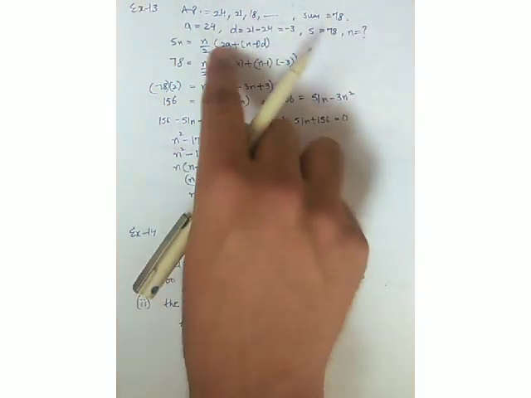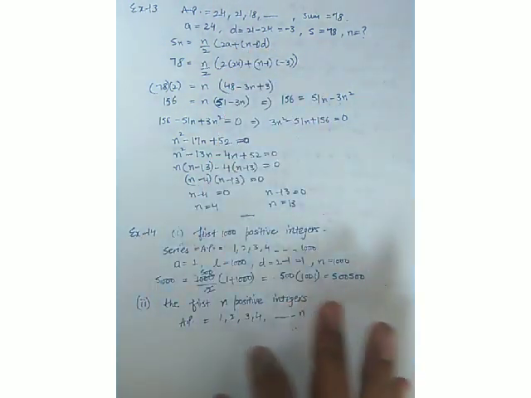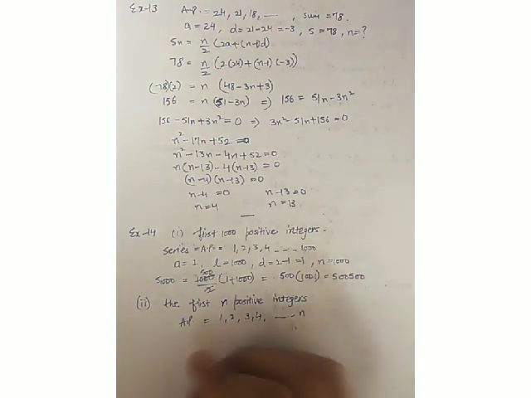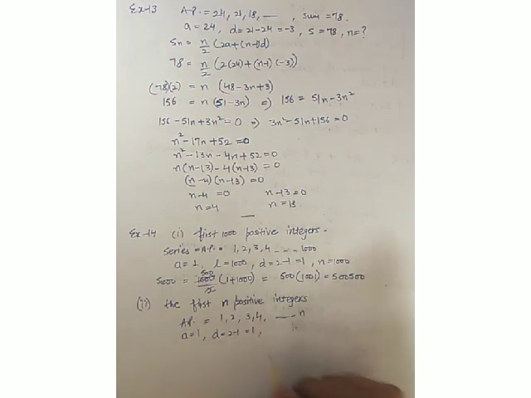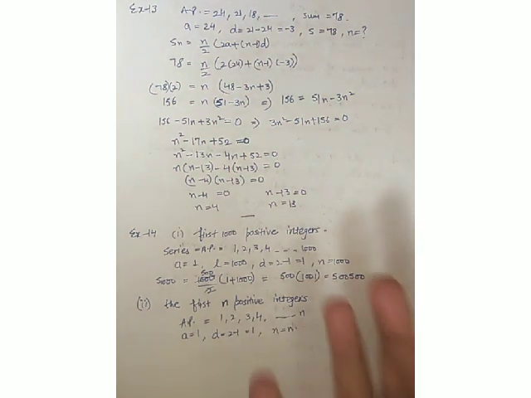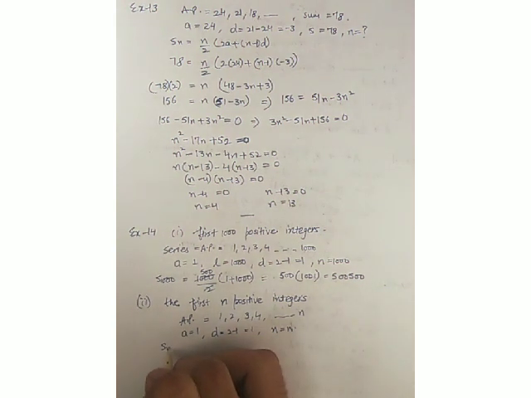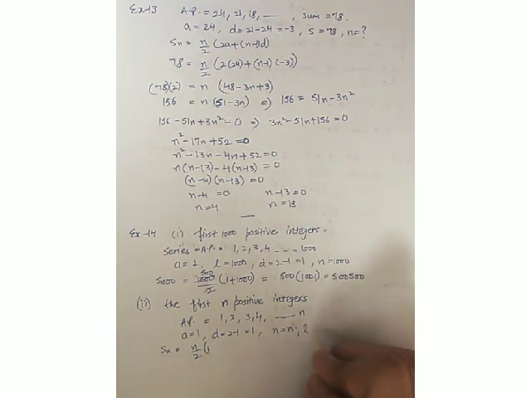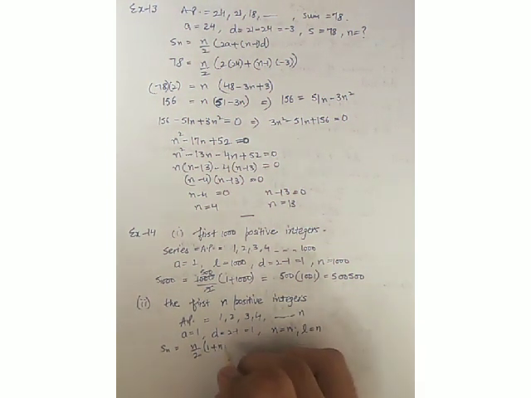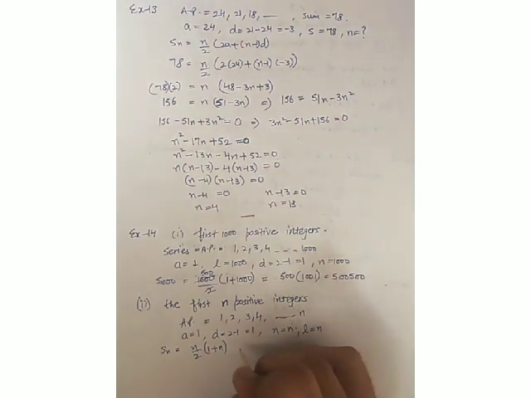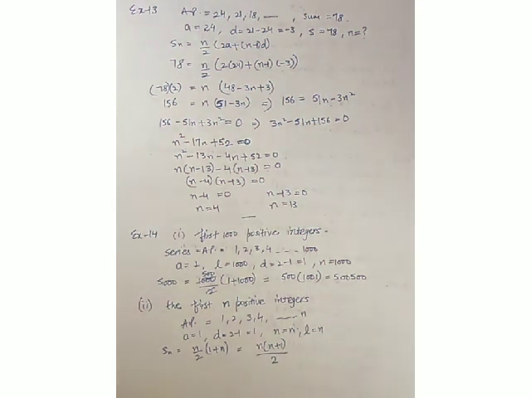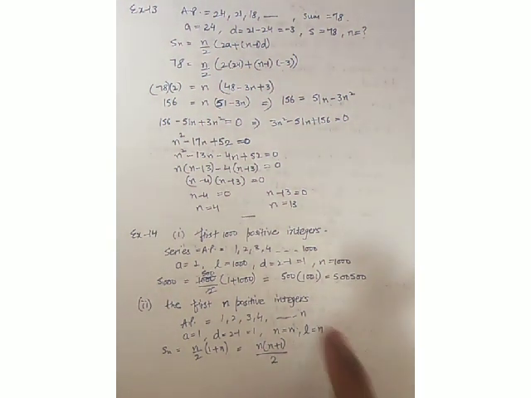Otherwise if we use the same formula, that is n upon 2 (2a plus (n minus 1) into d), your sum will not be counted as wrong, and you will also get the same answer as in this case. Now AP is this, again our first term is 1, D, that is 2 minus 1, again is 1, and N is N because we have to find the sum of N terms. Now Sn will be equal to N upon 2, what is A, that is 1, and what is last term, last term here is also N. So A plus L, N upon 2 (A plus L). So our answer is N times (N plus 1) upon 2. This is the sum of first n positive integers.